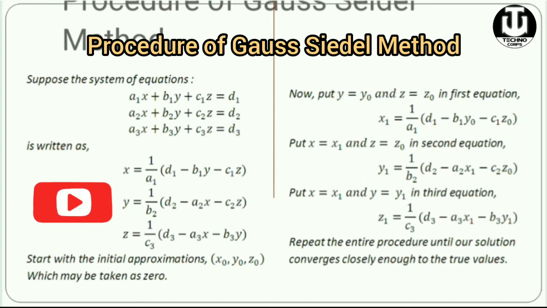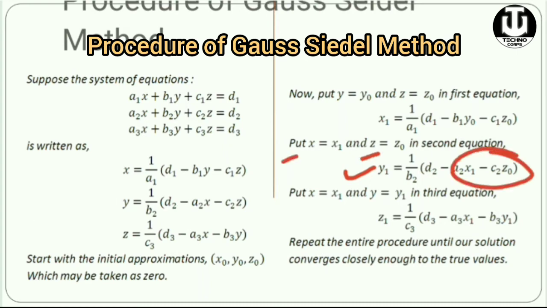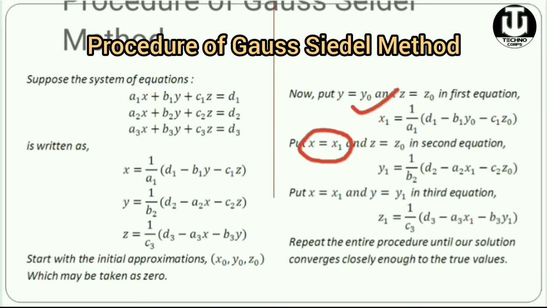Okay, after that when you go for the calculation of y1, keep the values of x and z in the equation, but keep the value of x as x1. Whatever you are getting here, keep that value into this x. Now we have the value of z as z0, so we'll keep that value only. So what is y1? Here we are replacing x with x1, z with z0. Okay, now we have the values of x1 and y1. So for the calculation of z1 we can put x as x1, y as y1. Okay, so this is the value of z1.